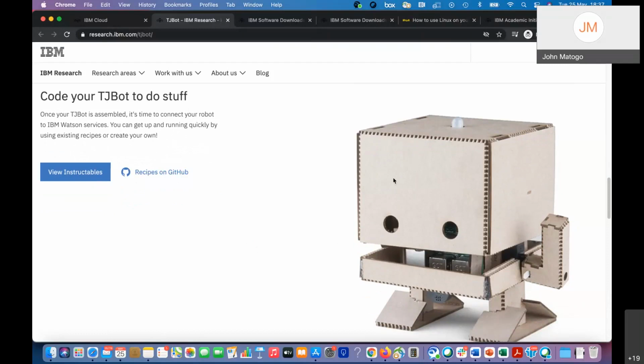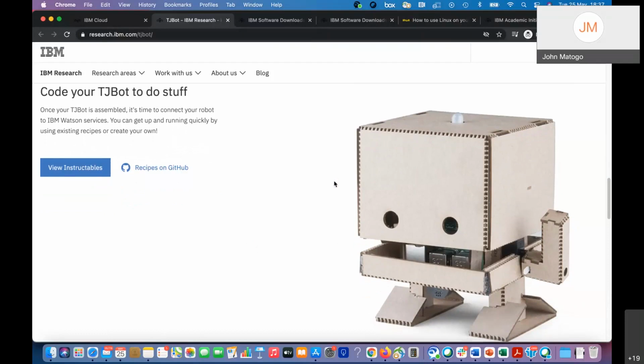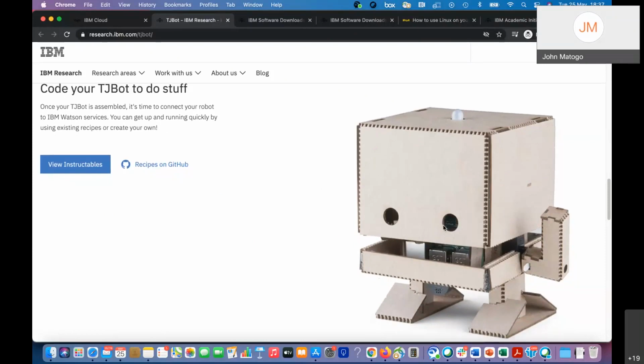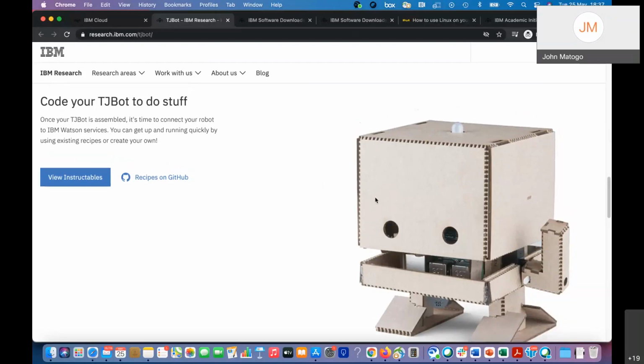In this particular case, there was a team that wanted to find a way to make children in a terminal care center happy, or at least make them smile. So they created a TJ bot that would look at the facial expression of that particular child, and if it noticed that the child is not happy, then it would look for a nice story that's available